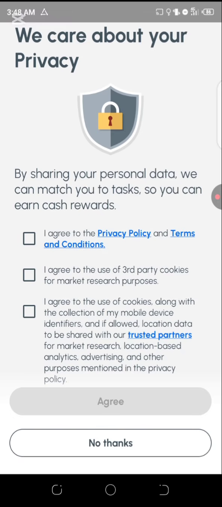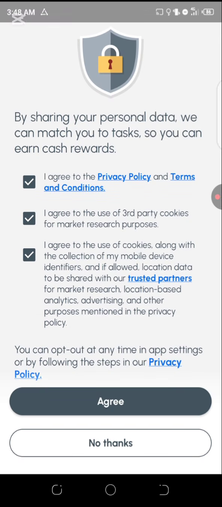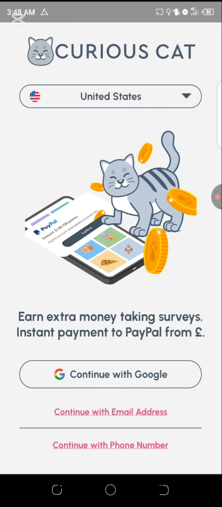So let's continue to Google. You're going to agree to all the terms and policies. Once you agree to it, you click on agree. You understand? And another thing I'm going to be saying right now is that